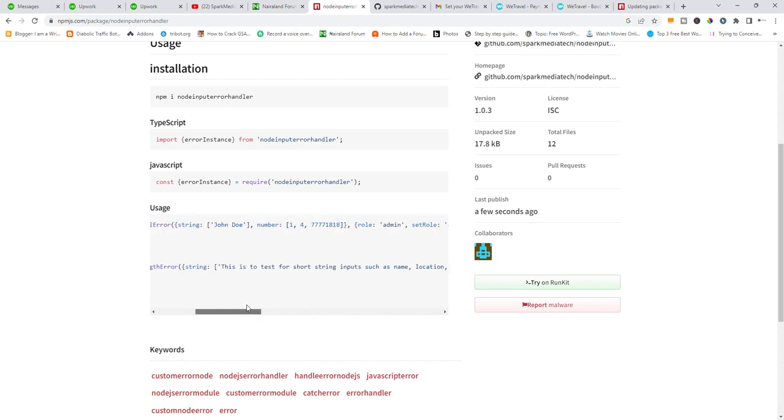Then you provide the string that you want to test. So the first argument is string, and the value of that argument is an array of different strings. It takes each of the values you provided in the string and tests them against these values. It's going to test against short minimum length and short max length. Now it's recommended that this one be used to test for short text descriptions, while the second argument